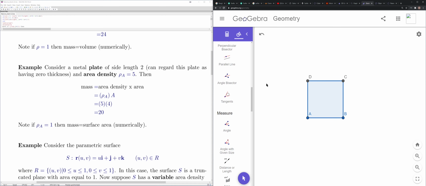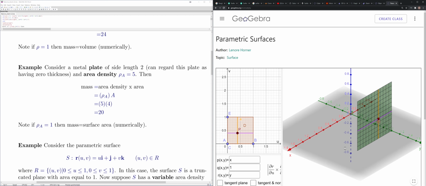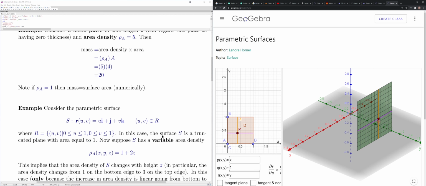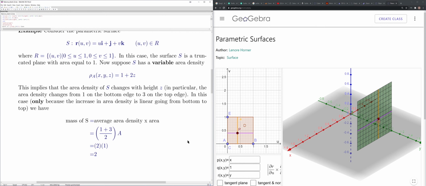Now if I have a parametric surface living in three-dimensional space, and the area density is equal to 1,